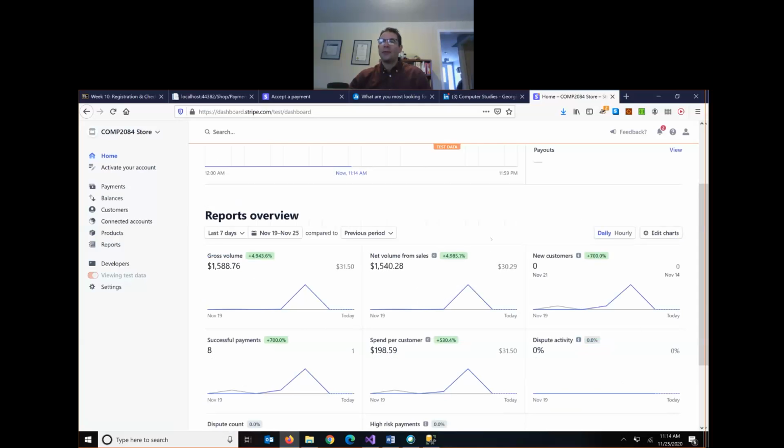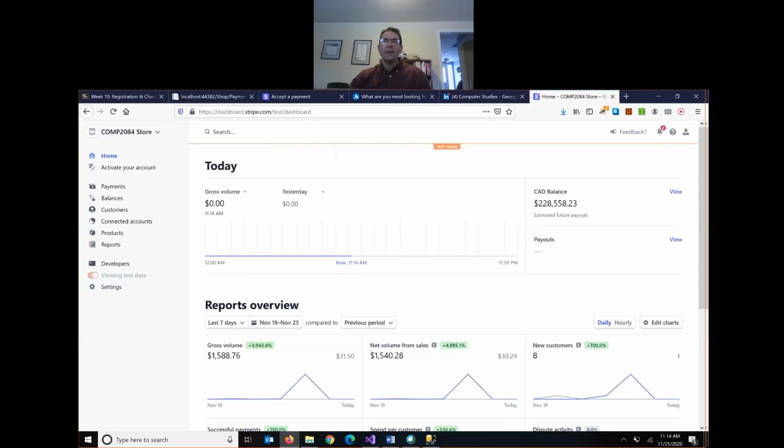But you'll notice it also says test data. So these are not live credit card charges. It's not actually charging anyone's card. And it says we're in test mode. So once our store was ready, we could turn it to live mode, and then credit cards would actually be charged. So in here, if you click on the Developers tab